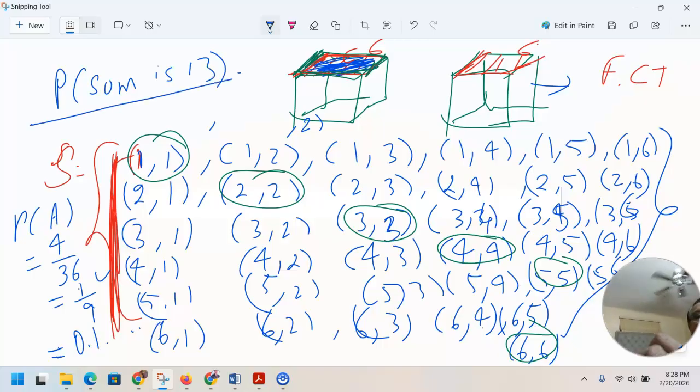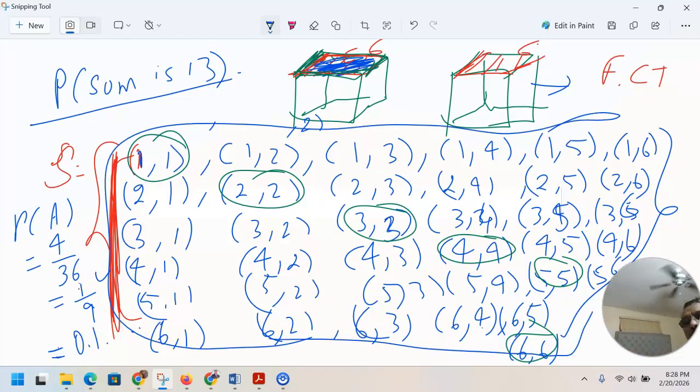And you can see, are there any of these out of 36? Do you think anything adds up to 13? There's not a single one, because the maximum you can have is 6 plus 6, which is 12. So you cannot have 13. In such a case, we say if C is the event that the sum is 13, then the number of outcomes is